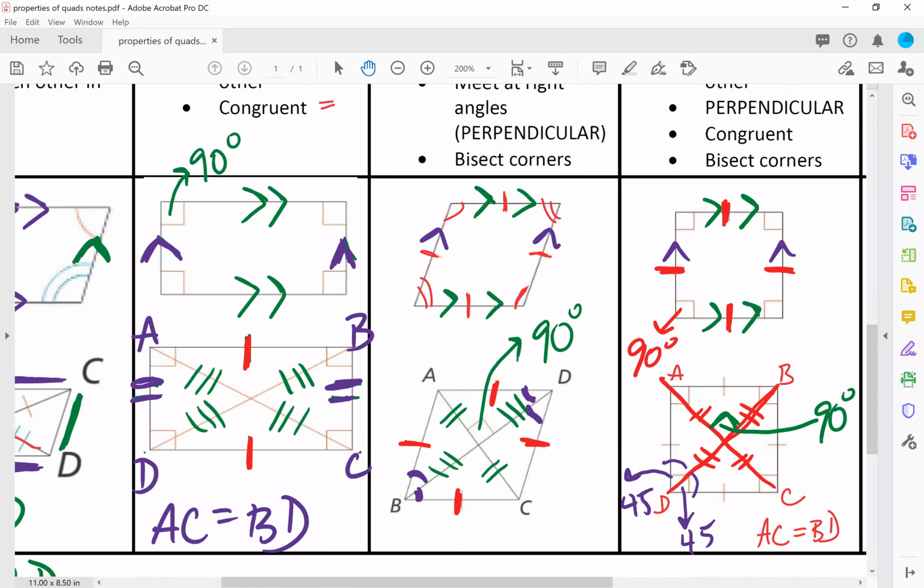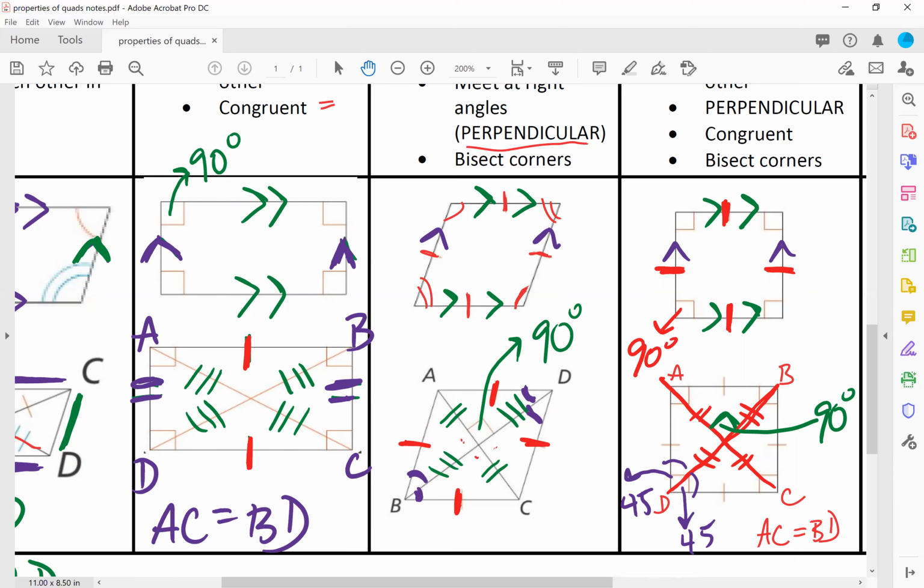So we can see here, AC is being cut into 2 equal pieces, BD is being cut into 2 equal pieces. And then they're meeting at right angles, which means they are perpendicular. That's the key word, perpendicular. Right here, where these lines cross, all 4 of those angles are